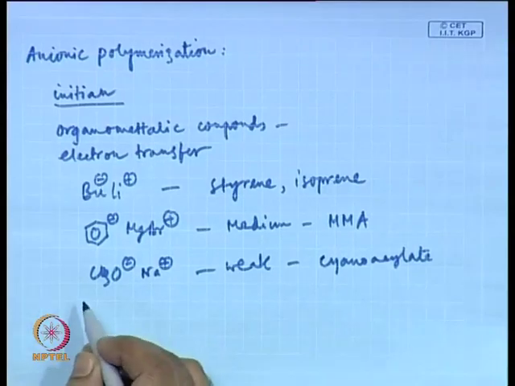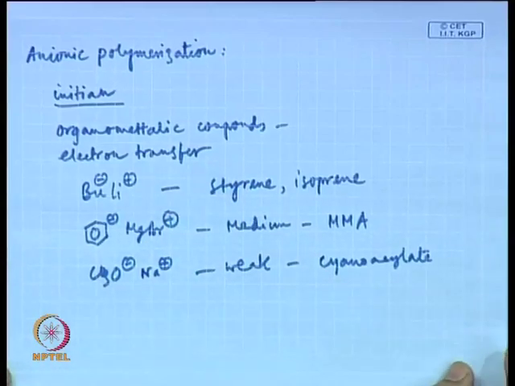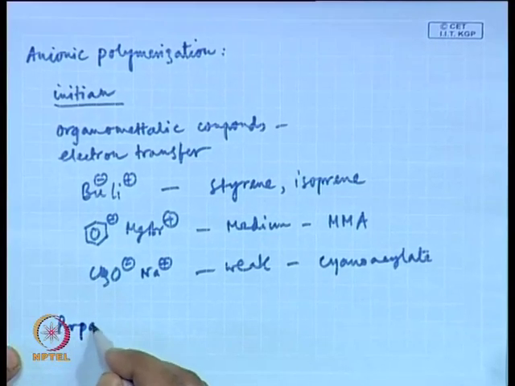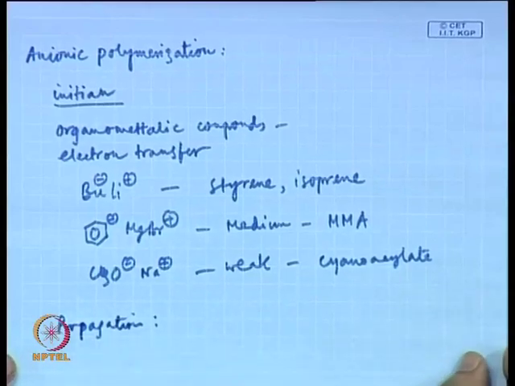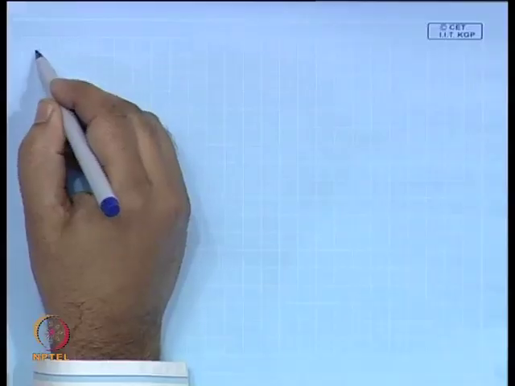Now, for initiation by electron transfer, the example we gave is sodium and naphthalene, and we talked about the propagation step and how it depends on the solvent polarity, and we started our discussion on termination reaction